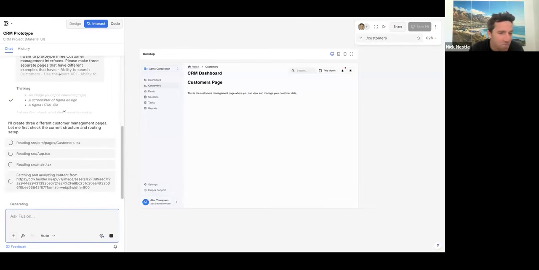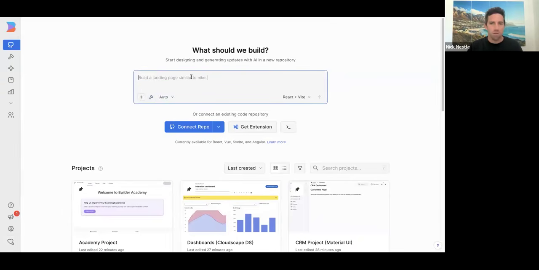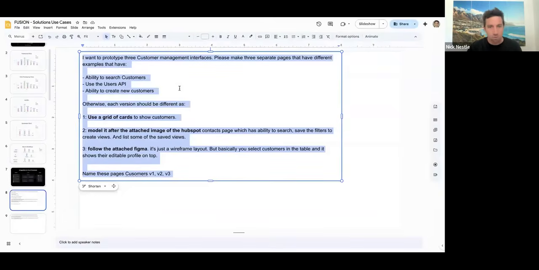This runs pretty quick, but it's more like minutes. It's not seconds. AI isn't down to seconds yet. And so while that's running, what I want to do is show you what the output would be if we didn't connect our design system, right? That's what a lot of the other vibe prototyping tools out there will do. What you would do in that case is take a similar prompt like this, and